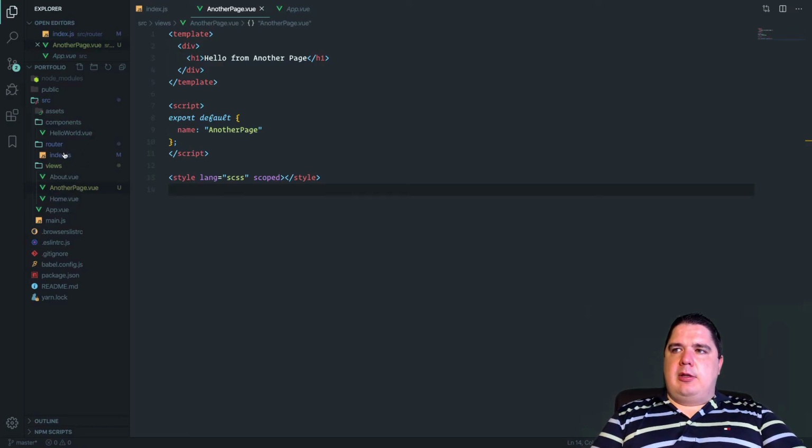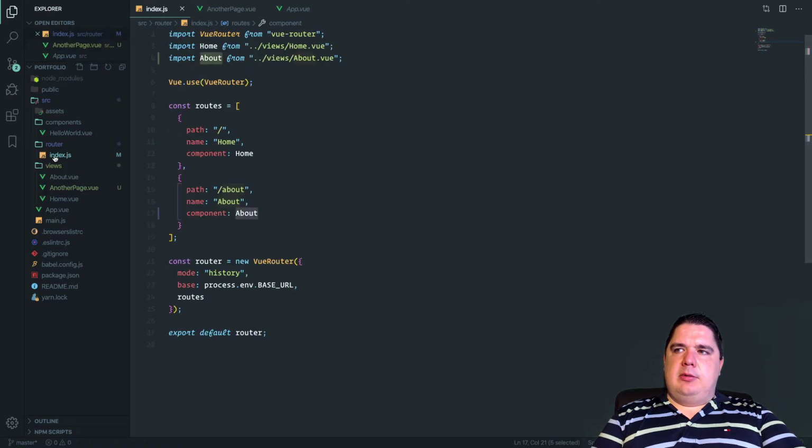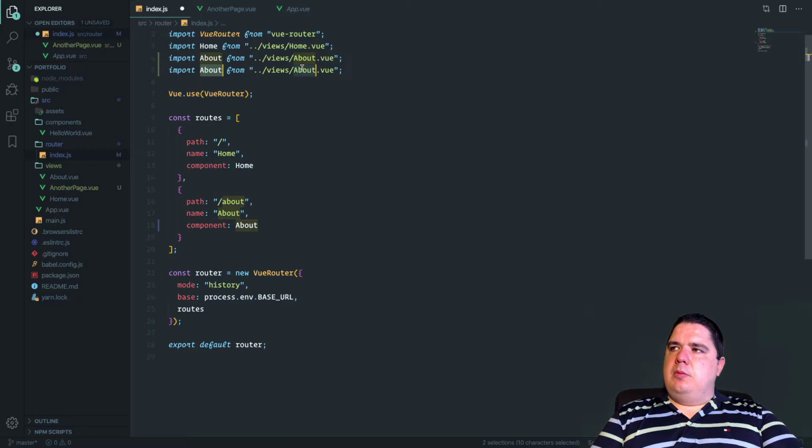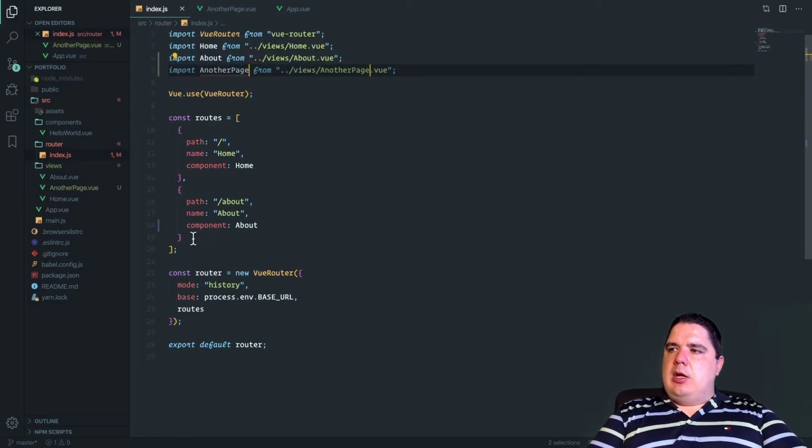In order to render it, we need to put it in the router. So we are going to import another page from the views, where we actually save it. And then we are going to copy with the comma. Well, actually, let me do it manually. We're going to type comma,